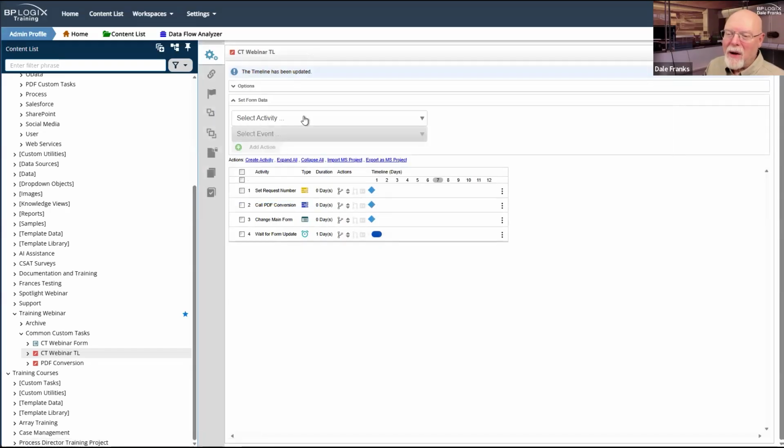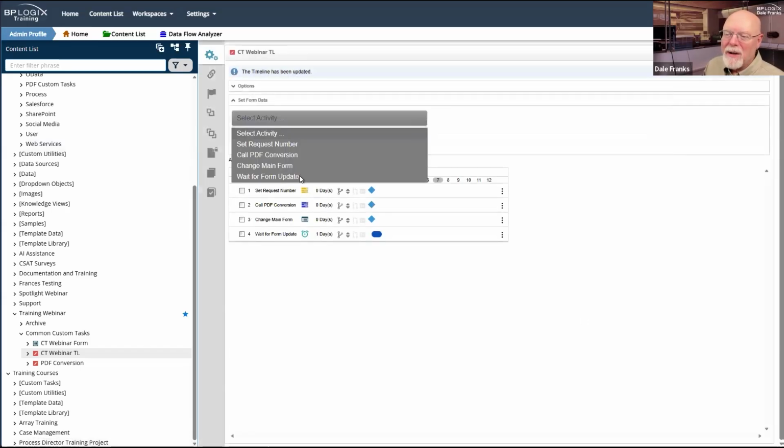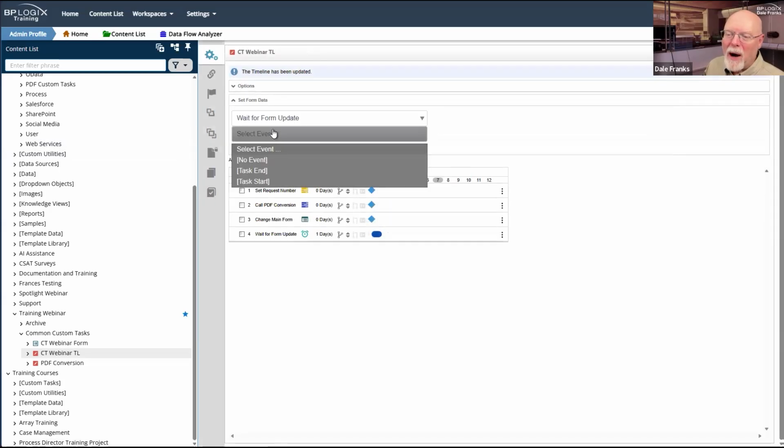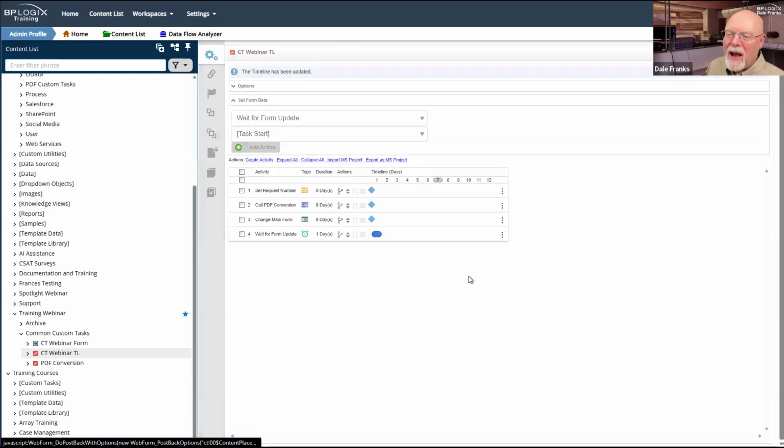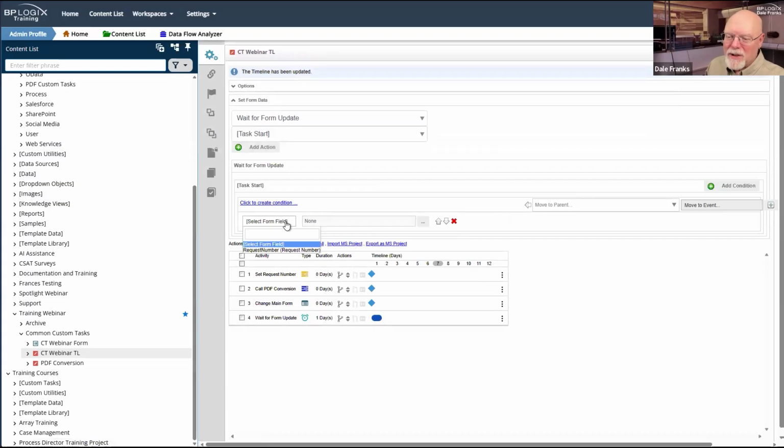Hold on, let me update everything to reload it. There we go. So now for my wait for form update on task start, I can set the value of a form field to something, and it will run.